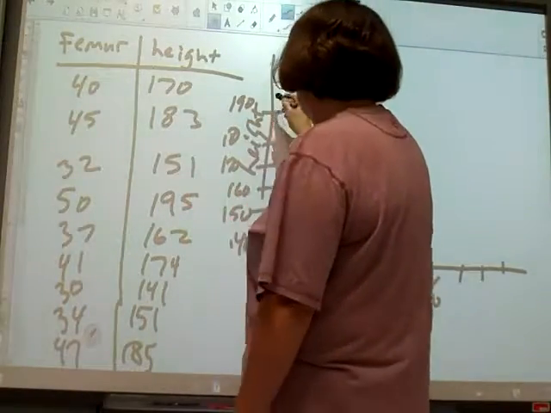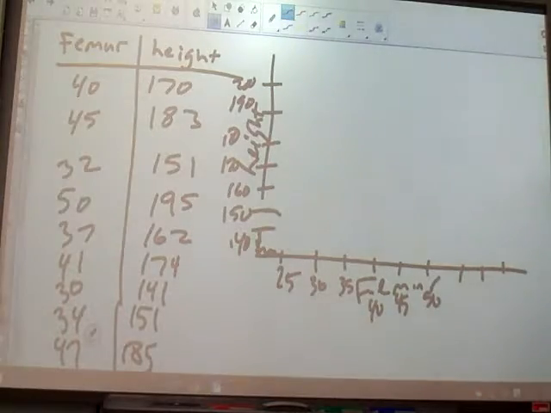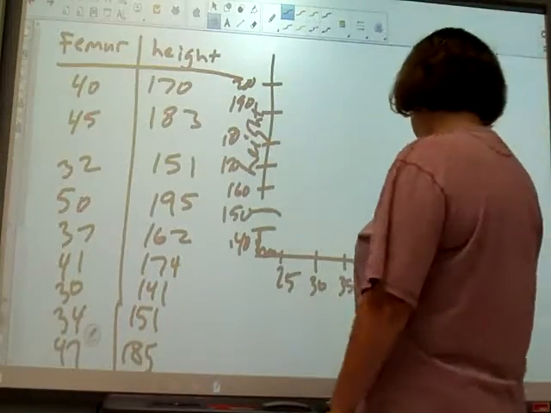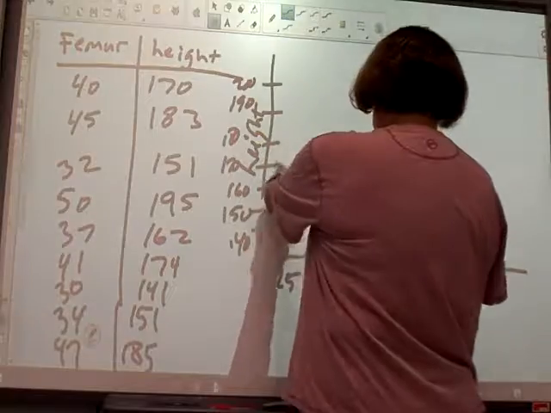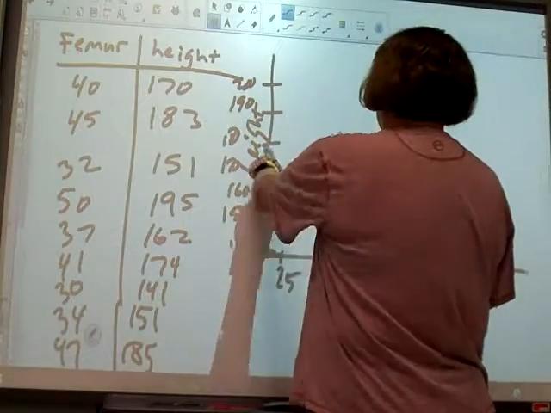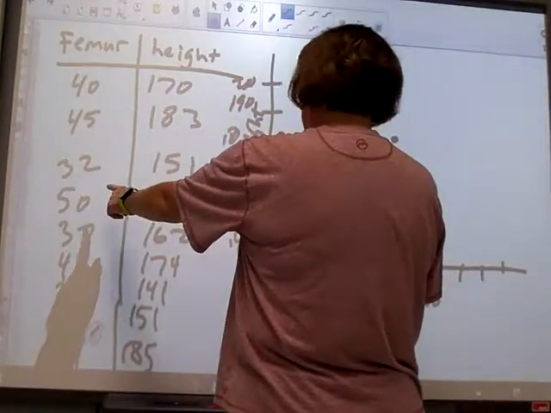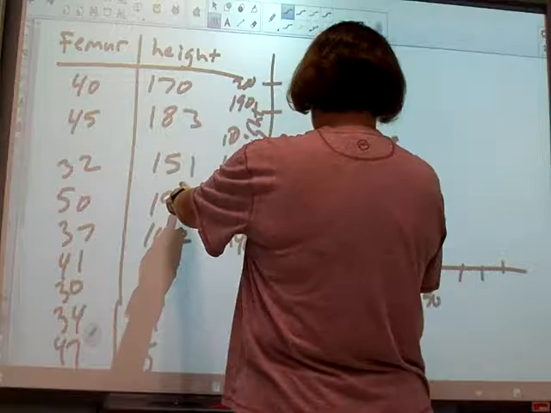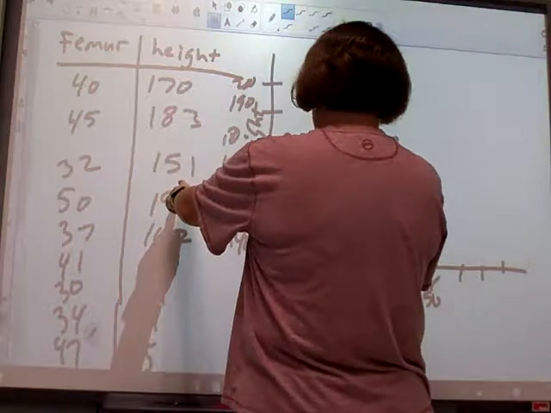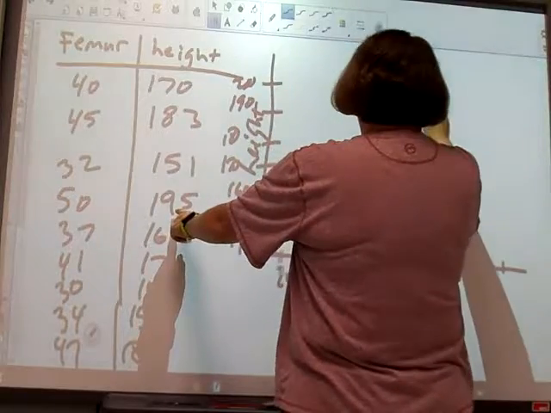Alright, now I got 195, so we're going to go to it. I'm just going to start estimating and plotting these points. Okay, so I got to go over 40 and up 170. Over 45 and up 183, over 32 and up 151, over 50 and up 195,